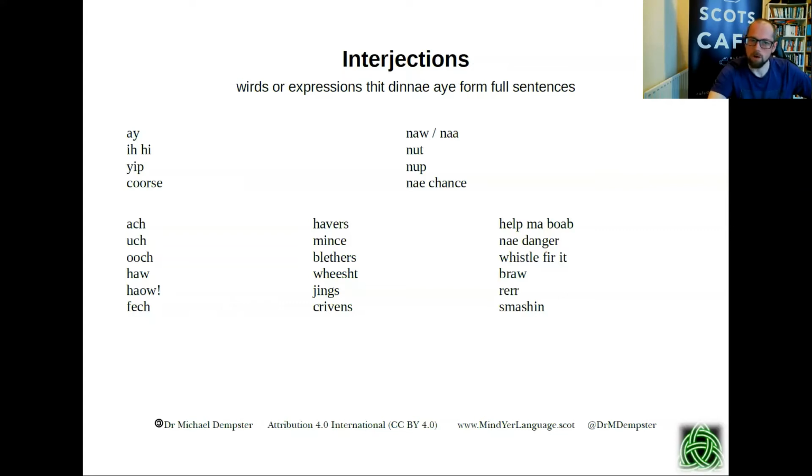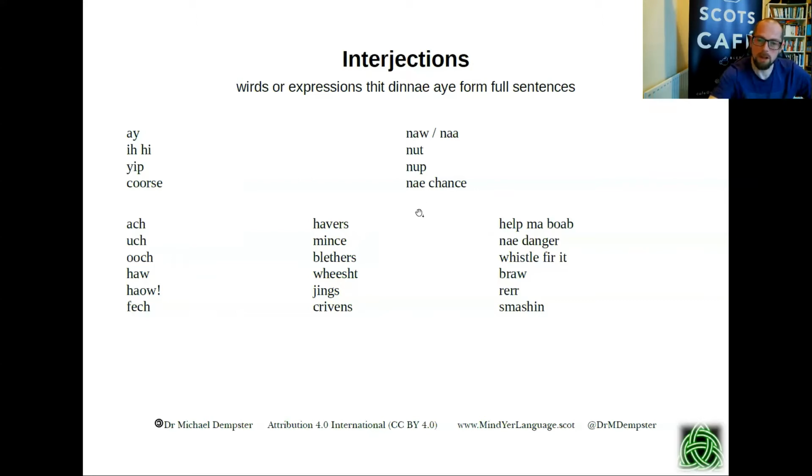So these, ach and ugh, have different meanings with these wee sounds, and most of them are spelled out. You'll find there are spellings that have been used for centuries, that folk actually use these words. And then you get single words that are just out there, like havers, mince, blethers, if somebody's talking a wheen of blethers, and things like wheesht, if you tell somebody wheesht,